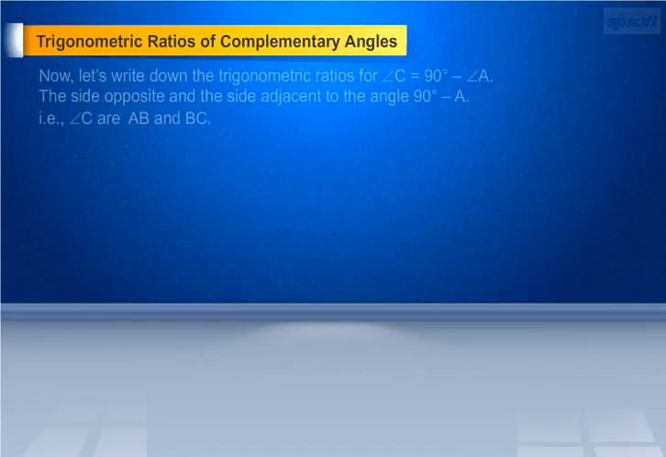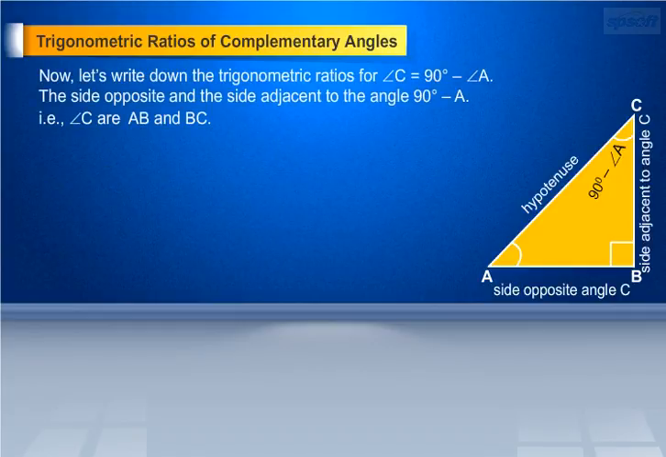Now, the trigonometric ratios of angle C are as follows. As angle A and angle C are complementary angles, we can write angle C as 90 degrees minus angle A. For ease, we shall write 90 degrees minus A in place of 90 degrees minus angle A. Therefore we have sin (90 degrees minus A) equals AB by AC, cosecant (90 degrees minus A) equals AC by